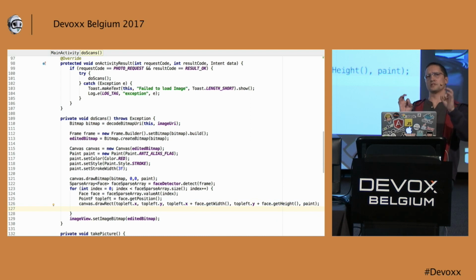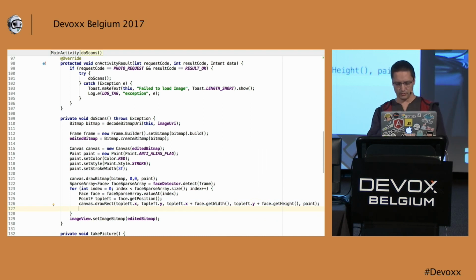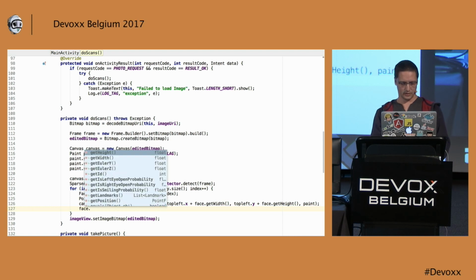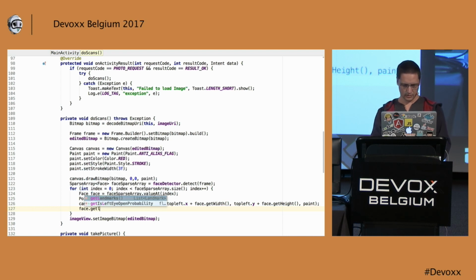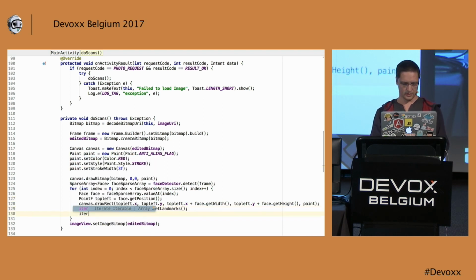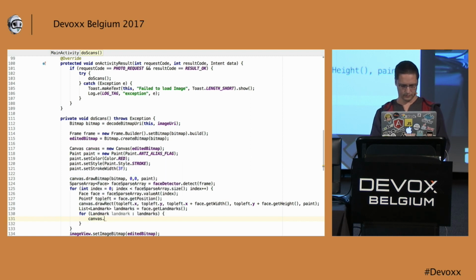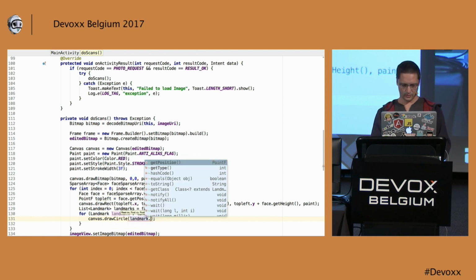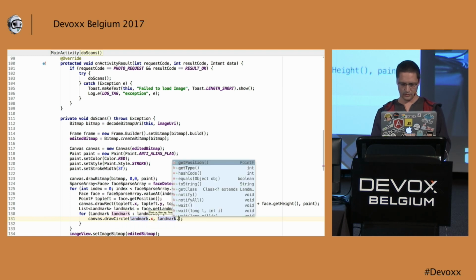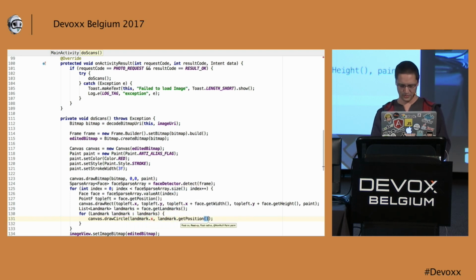Next, I will put some circles on the landmarks that I will get. So face.getLandmarks, the list, which I can iterate over like this, and I can do a canvas.drawCircle at landmark.getPosition().x, landmark.getPosition().y.